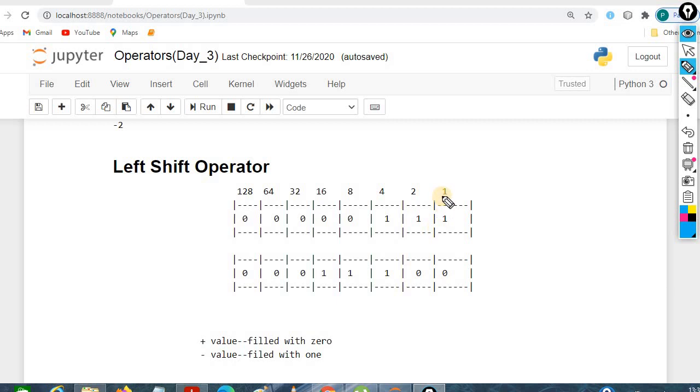We are representing it in 8 bits, and I am writing 7 in binary form. What we do in shift: positive values are filled with zeros. I am shifting 2 bits here, so we are removing these two ones.